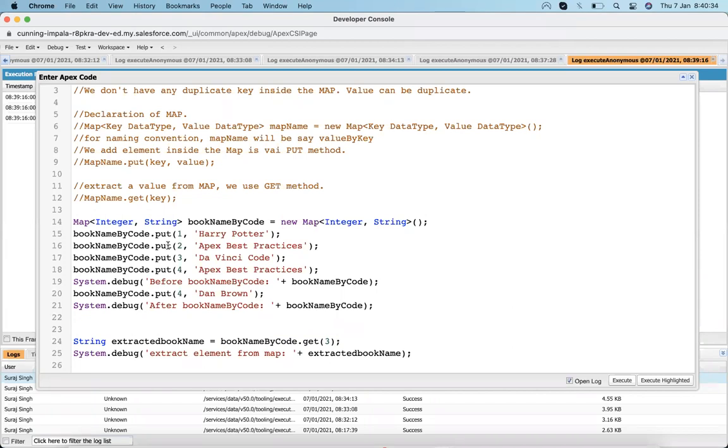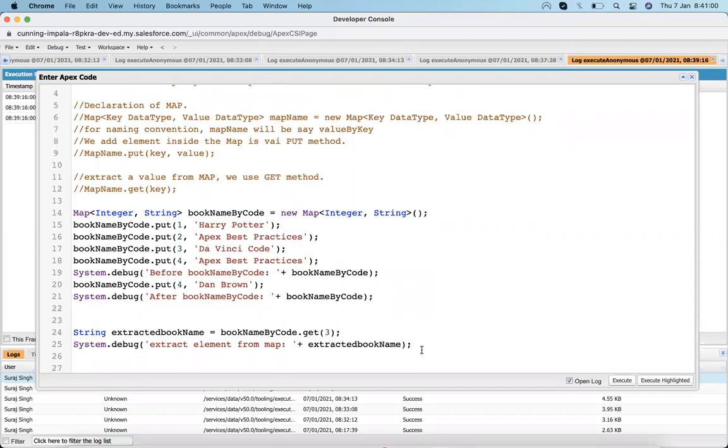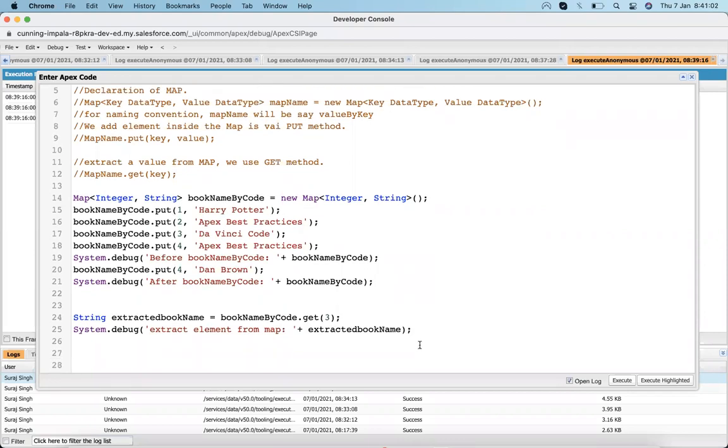Okay, so this is how we extract a value from a map, but it's only to extract a single value from a map. Suppose I need to work on a large data set, meaning a large number of values. Again, just like a list and a set, we need to take the help of a loop to process a large data set.